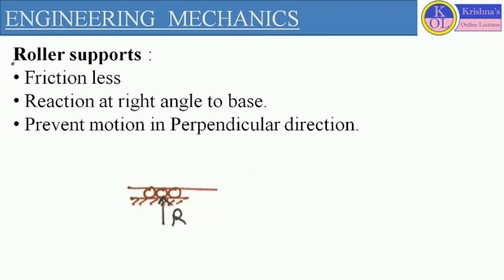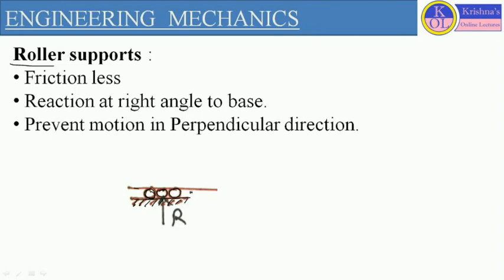If we talk about roller support, here the truss is supported by a number of rollers and these rollers are situated on one horizontal fixed surface. So this is our horizontal fixed surface. Over this horizontal fixed surface a number of rollers are placed that support the truss or frame. Because of this roller, we can define the movement restriction of the truss.